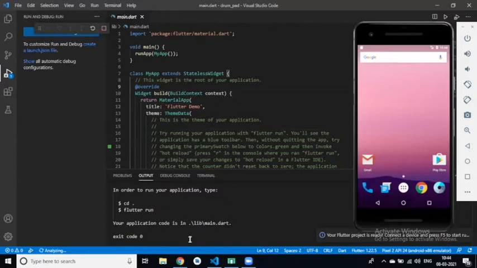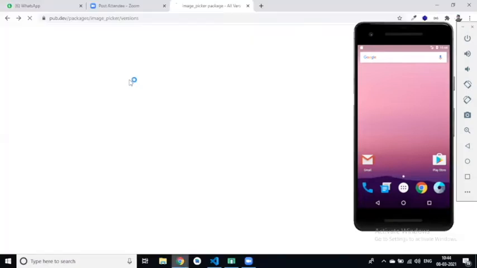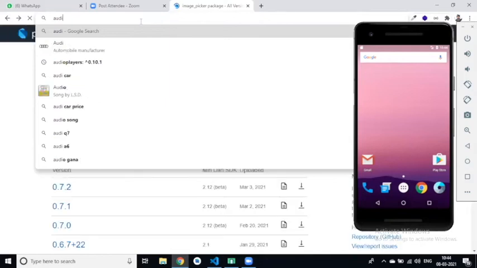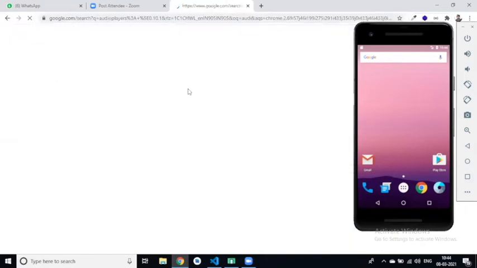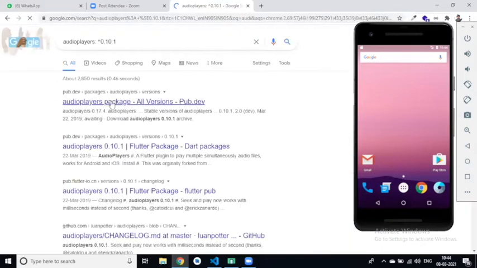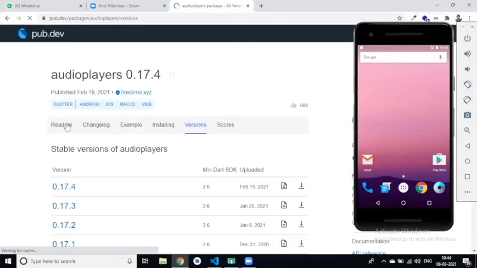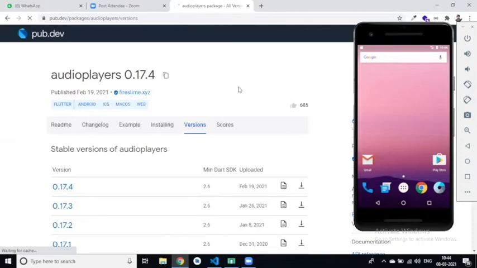For playing music or sound, we will use the audioplayers package in Flutter. We will use the audioplayers package for playing sounds and music in a Flutter application.